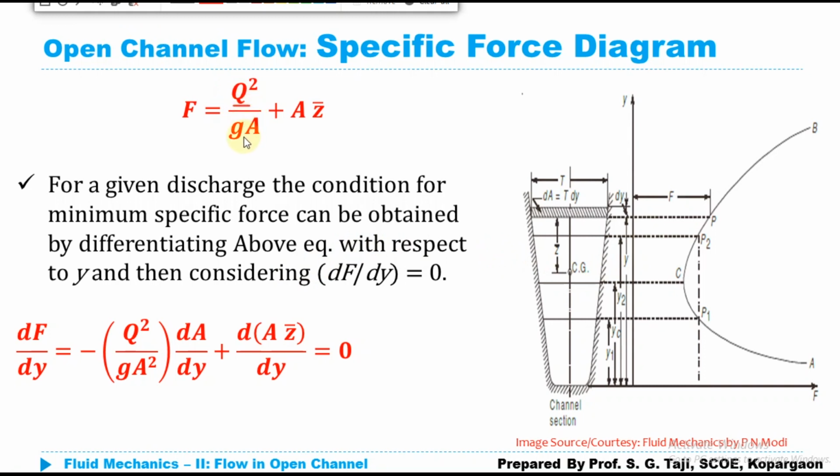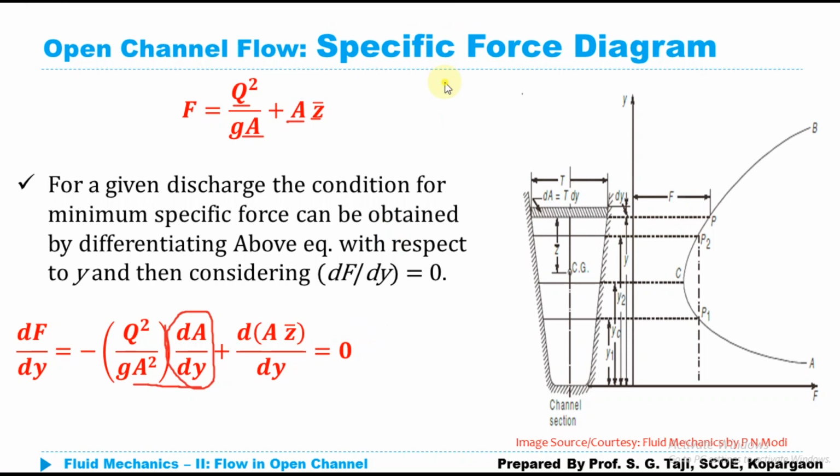The derivative of 1 upon A is minus 1 upon A squared multiplied by dA upon dy. That is the derivative of the first term. For the derivative of the second term, A multiplied by Z bar, if I keep Z bar as a constant, the derivative becomes A. Now by putting dA upon dy equal to T,